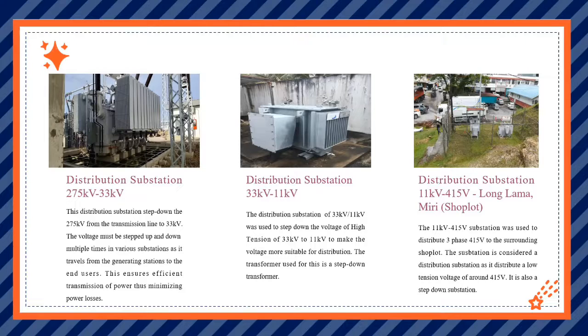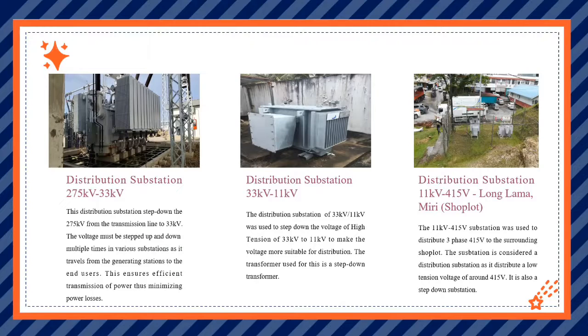And then for the distribution substation of 33 kilovolt to 11 kilovolt, it was used to step down the high tension voltage from 33 kilovolt to 11 kilovolt to make the voltage more suitable for distribution. The transformer used for this is a step down transformer. And then for the end users, for example,